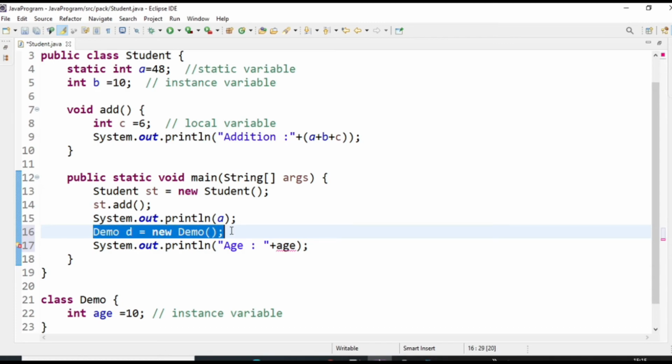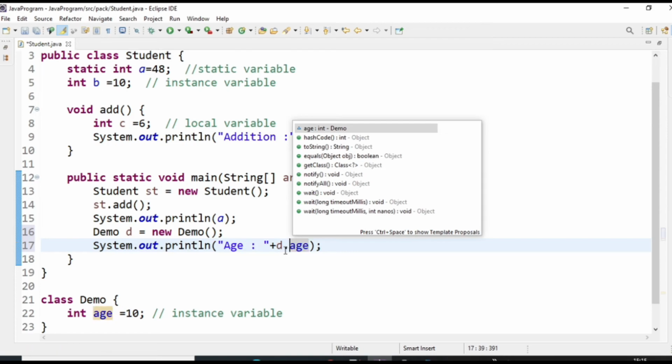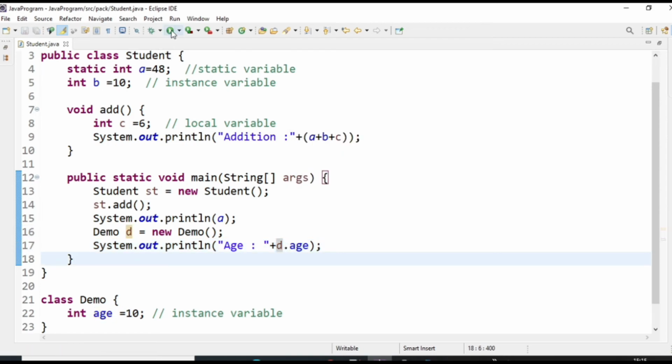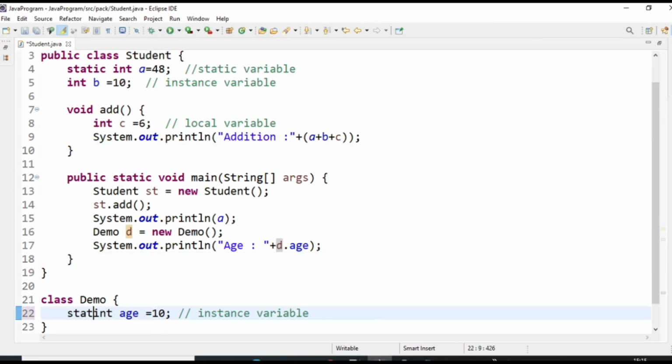See, we have created an object of Demo, right? Once the object is created, this variable will be allocated memory, that is 4 bytes, because we have used the integer data type. And now we can call this variable with the help of that object reference. So now we can call it. Clear? I will write the static keyword with this variable. So now this variable is a static variable because we have used the static keyword.